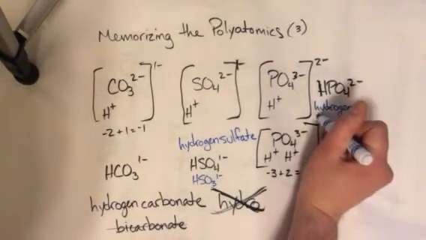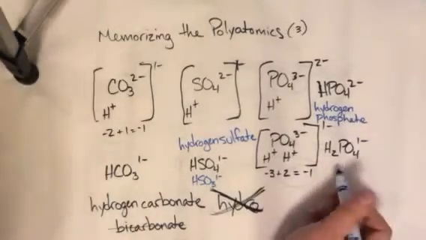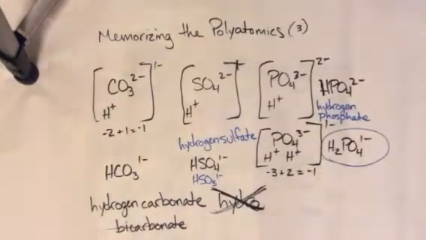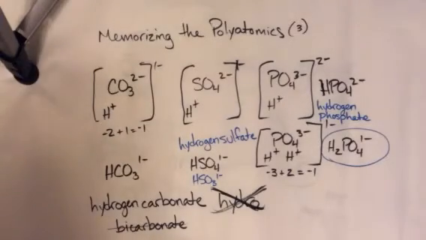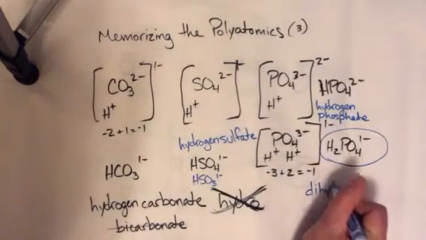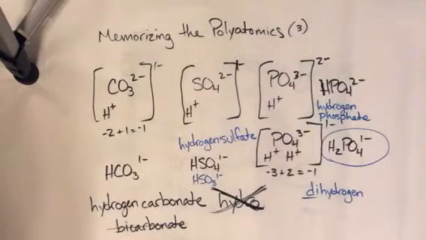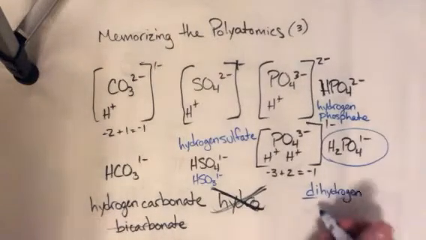I don't want to run out of room here. Phosphate. And finally, this one right here, there's 2 hydrogens, right? So I have to keep it different from hydrogen phosphate. I'm going to call it dihydrogen. The prefix di means 2, right? 2 hydrogens, dihydrogen